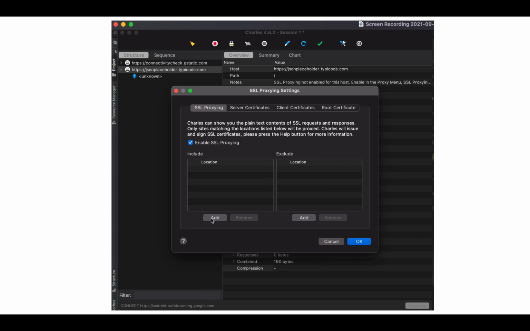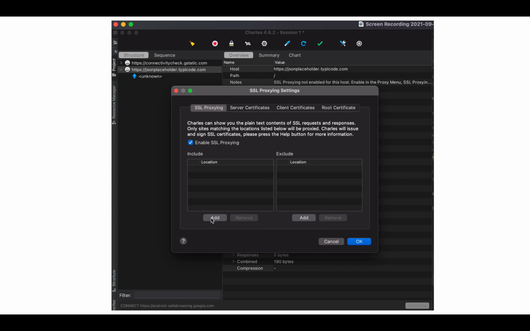You can enter JSON placeholder as the host name, not password, that is port. Or you can put star as host and star as port. In that case it will enable the SSL proxy for all the HTTPS.